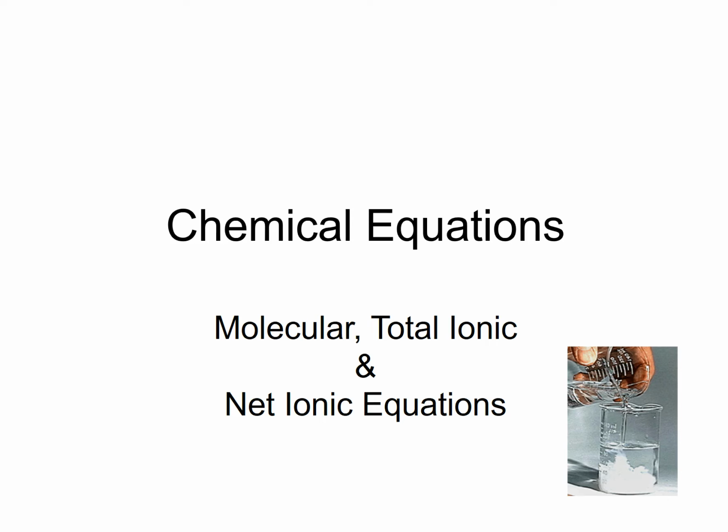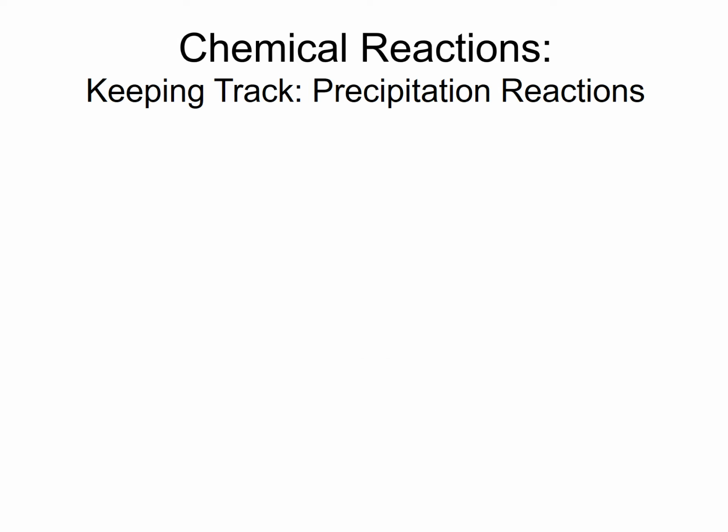What we're going to do next is look at a chemical reaction that we've already looked at, and attempt to describe in detail the chemistry that's going on in the form of a chemical equation. The reaction we're going to look at, just to review, is one that involved sodium carbonate and calcium chloride. You should recall that as we considered the possibilities, the sodium combining with the chloride, the calcium combining with the carbonate, or maybe the sodium combining with the calcium,